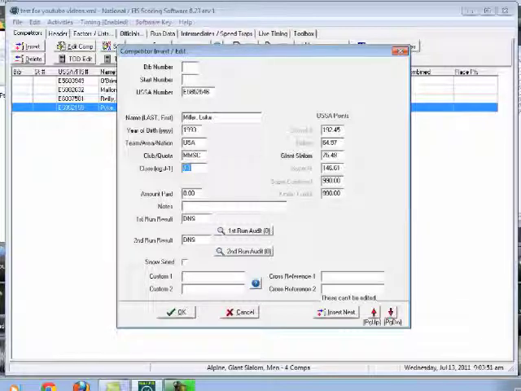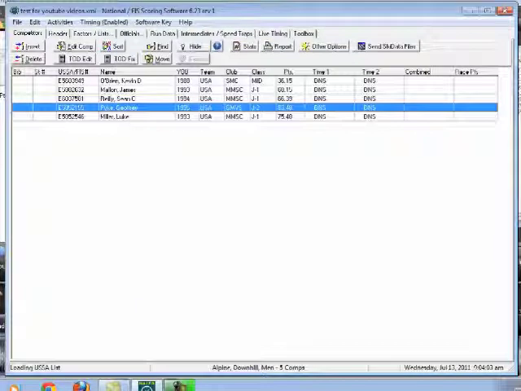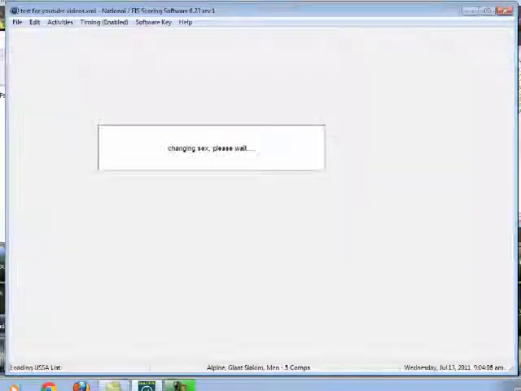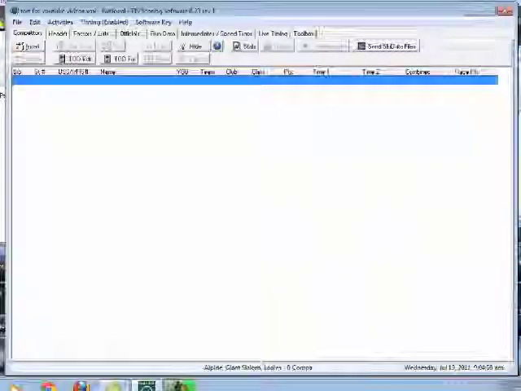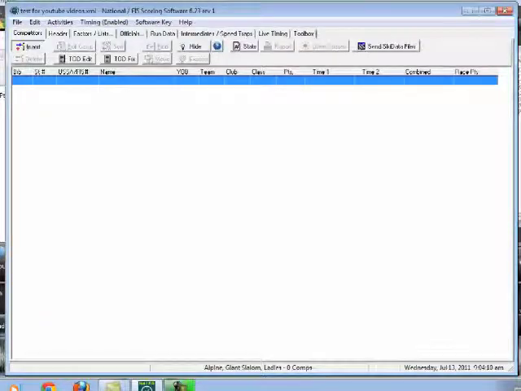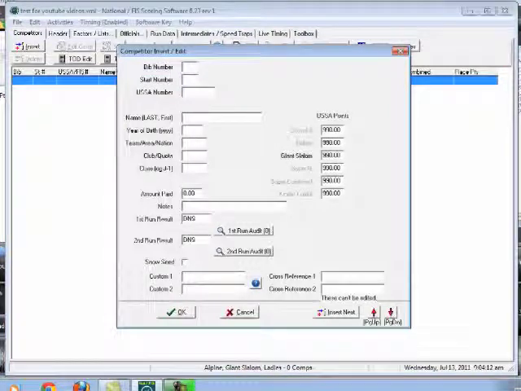Okay, and so you can just see how this is done, and I'm going to add a whole bunch more in for you and come back to that. But we can also go over to the other side of things, and we can insert competitors this way. And again, what do we have for our names? Just got to find that list. Okay, so first one we've got